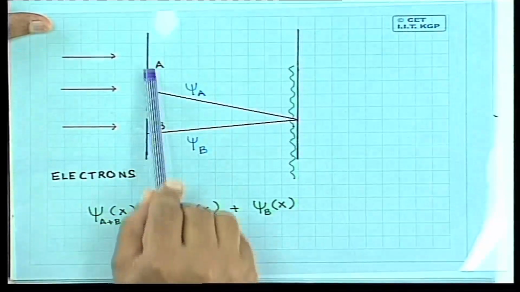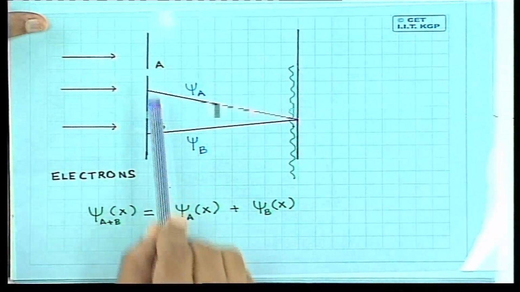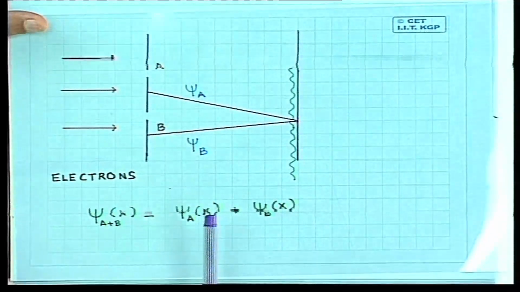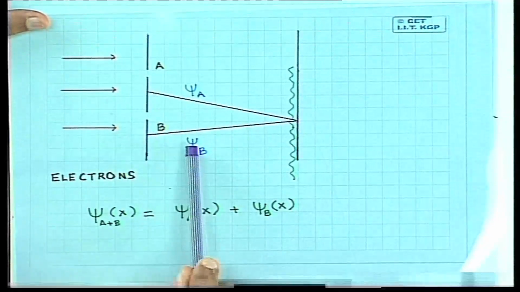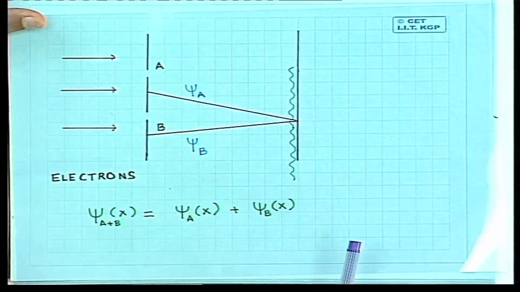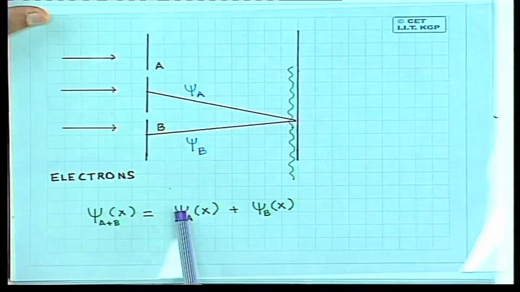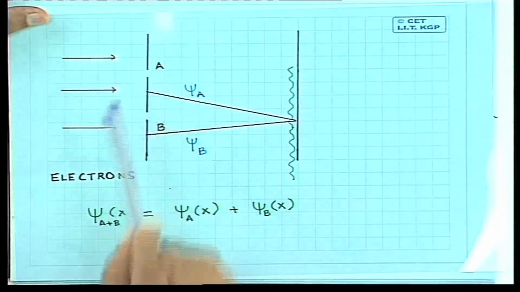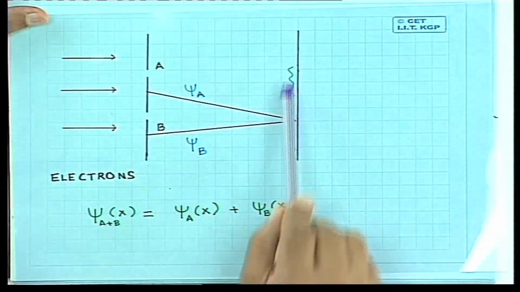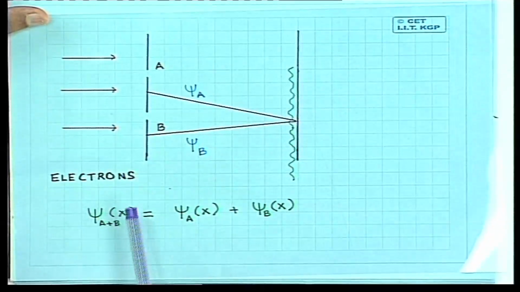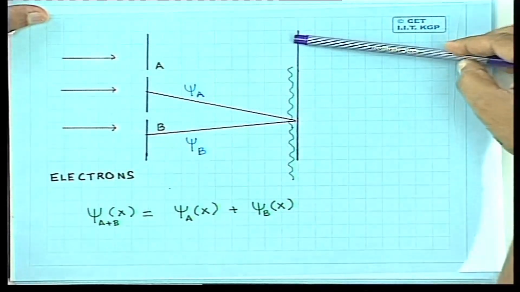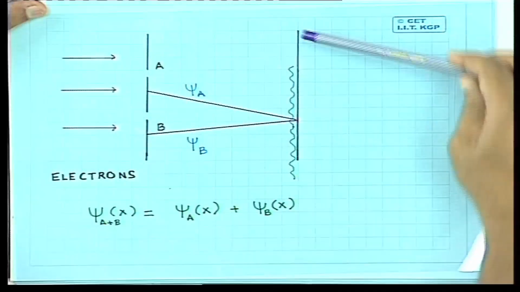Once the wave encounters these two slits, there are secondary waves emitted from the slits. The secondary wave emitted from slit A is psi A. The secondary wave emitted from slit B is psi B. These two propagate to the screen here. To calculate the wave on the screen, you have to superpose psi A, the contribution from slit A, with psi B, the contribution from slit B. So you get psi, the psi from A plus B both together. And this is the wave corresponding to this single electron coming here on the screen.